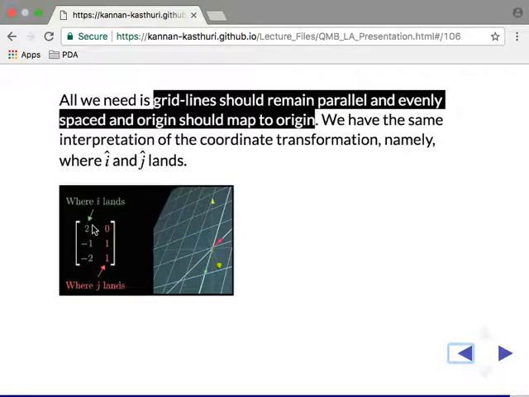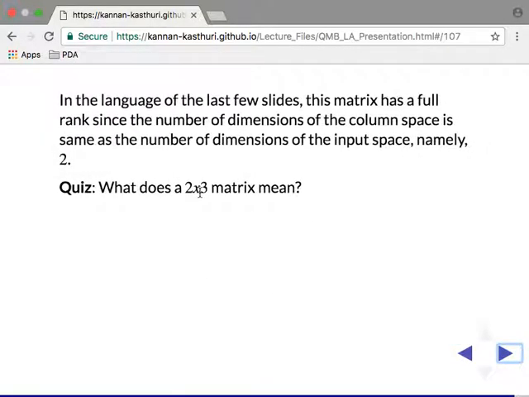So here the input is 2 dimensions, the output is 3 dimensions. So it's a 3 by 2 for that case. For the 2 by 3 case, the input is 3 dimensions, and the output is 2 dimensions. So that's no volume, because that's flat.